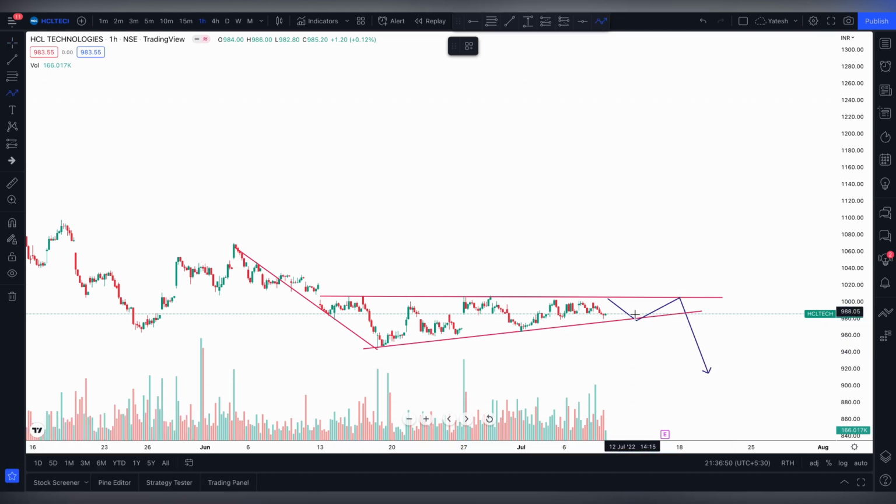Okay. Now since on the weekly time frame HCL Technologies is in a bearish trend, we cannot enter the trade if it makes a momentum move towards the upside. Even if it does, we don't care. Our goal is to move according to the higher time frame market sentiment. Okay. Now traders, this is how we do multi-time frame analysis.